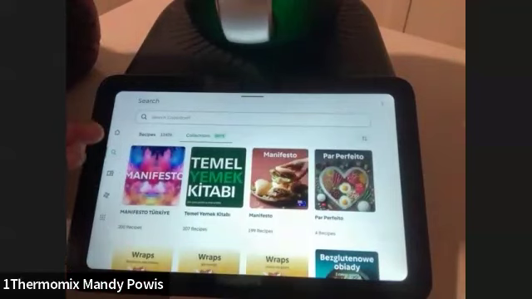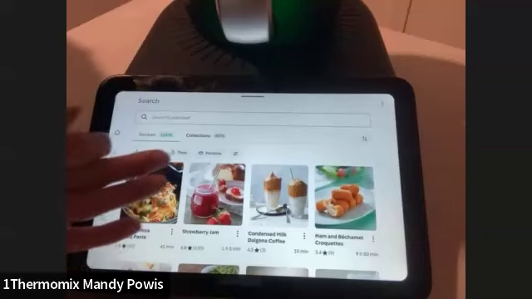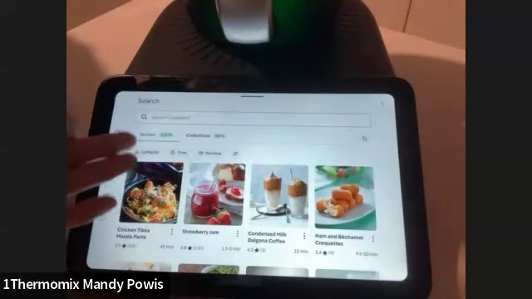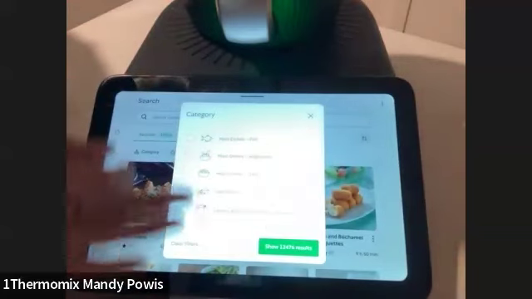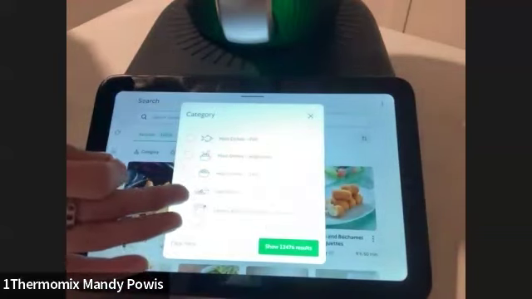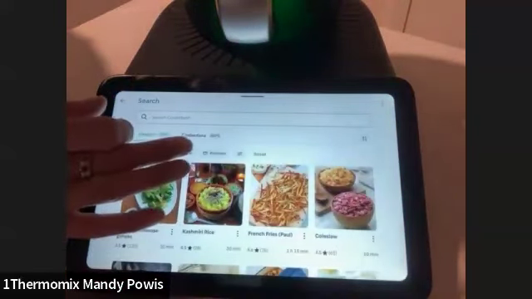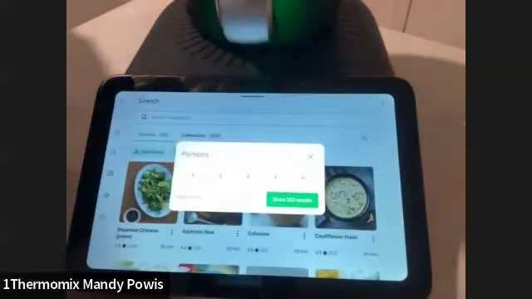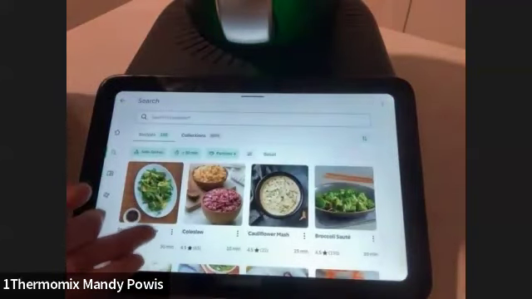Anyway, if I search here, category, time, portions. There we go. So I can use these filters. I can put in something there. So maybe I'll go a side dish, show 806 side dishes. I might want it on the table in total time 30 minutes. And portion size, I'll say 4. All right, so that's a way you can use your filters here